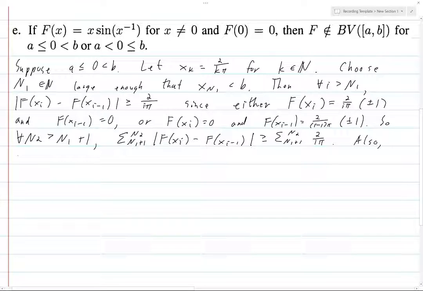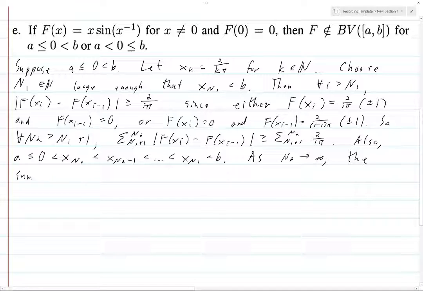Also, a is going to be less than or equal to 0, which is less than x_{n2}, which is less than x_{n2-1}, which is less than all the way up through x_{n1}, which is less than b. So this is a little bit of a backwards indexing from how we usually do partitions, but whatever. It works. So now as n2 goes to infinity,